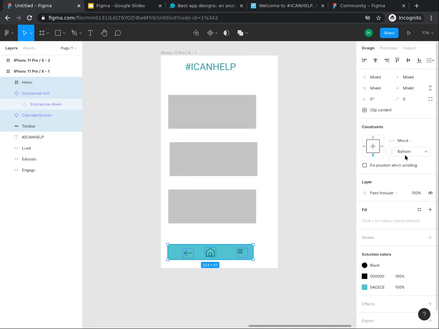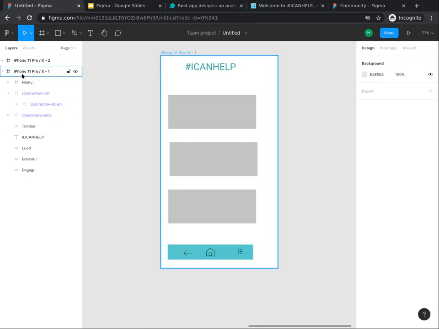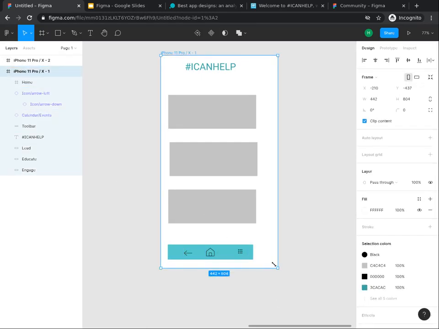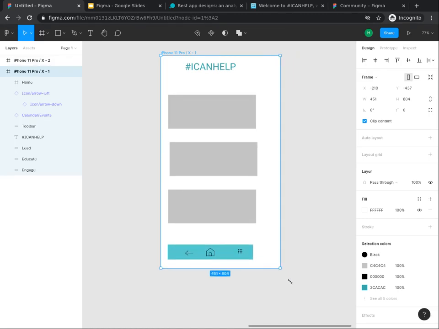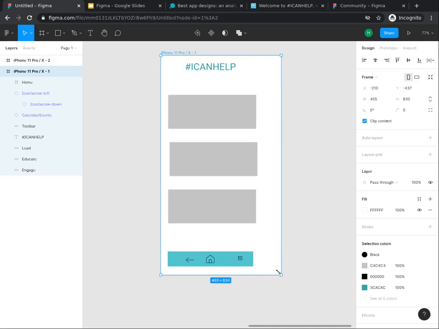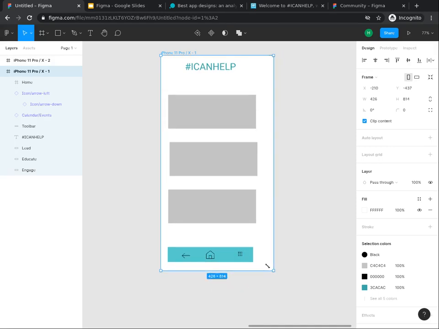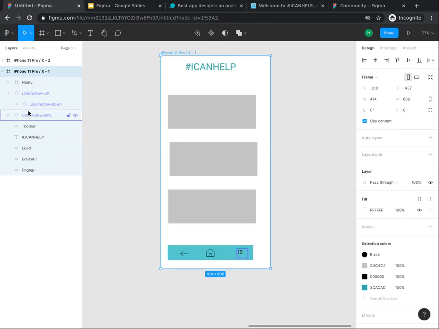If you want your toolbar to stay on the bottom, you need to change the choice to bottom. Now when you move the wireframe size, you will see the toolbar always stays at the bottom. If your components were not all selected just now, then they will not stay where you want them. This can be solved by just moving the component under the correct heading on the left side panel.